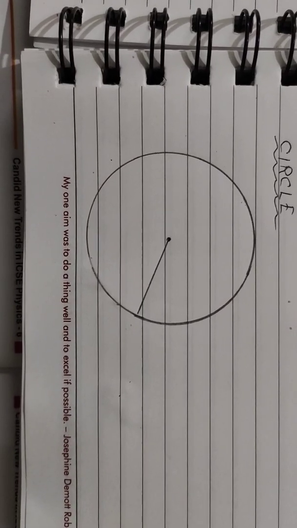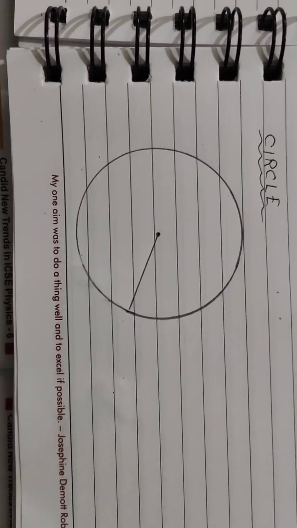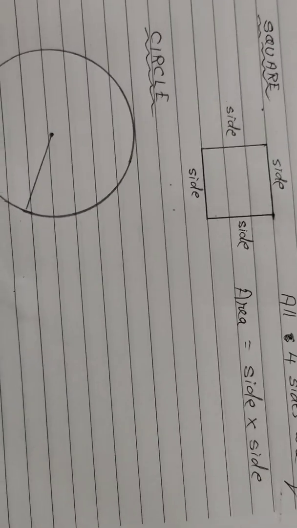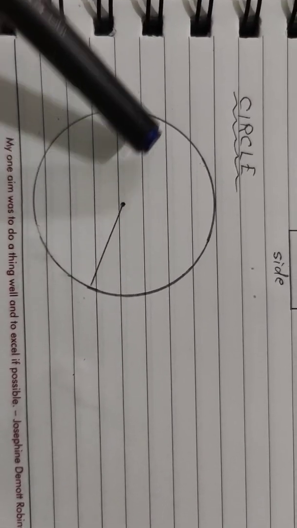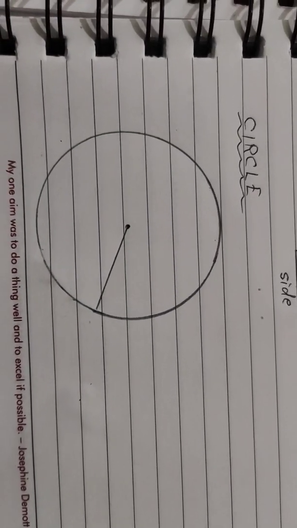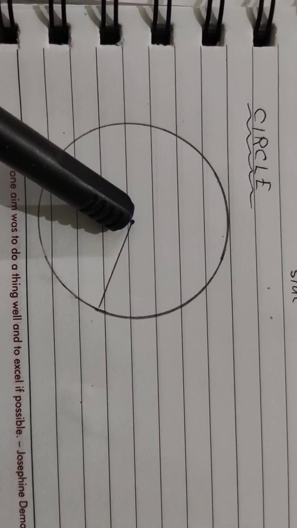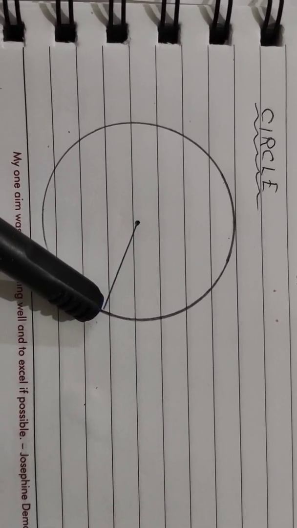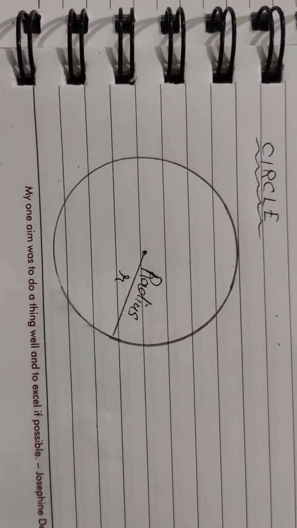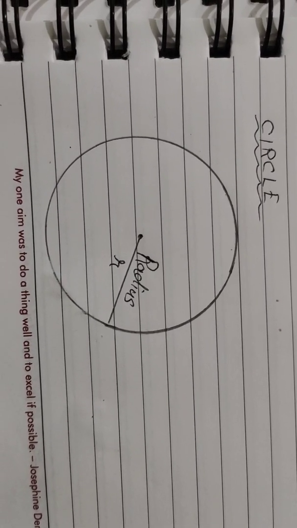The next one is a circle. I think everyone must have drawn a circle. You use a compass for drawing a circle. A compass has a needle on one side and on the other side you place a pencil. Putting the needle at one point, you stretch the compass and you draw one full arc. A full arc is called a circle. From this center, where you put the needle of the compass, if you draw a line to the boundary of the circle, this line is called the radius. The radius is represented by a small letter r.